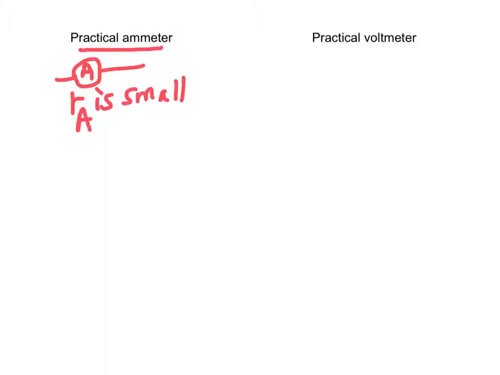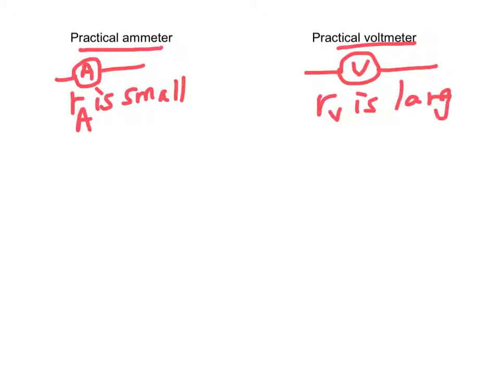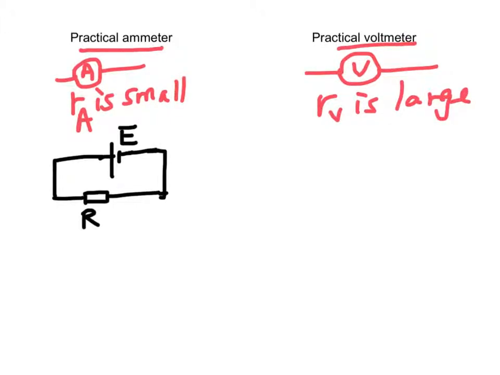But for a practical ammeter, the internal resistance of the ammeter will not be 0, but it will be very small. And for a practical voltmeter, the internal resistance of the voltmeter is not infinite, but is very large. In the circuit,